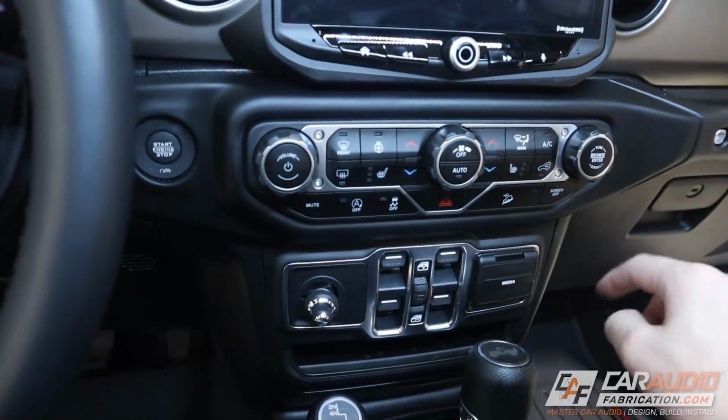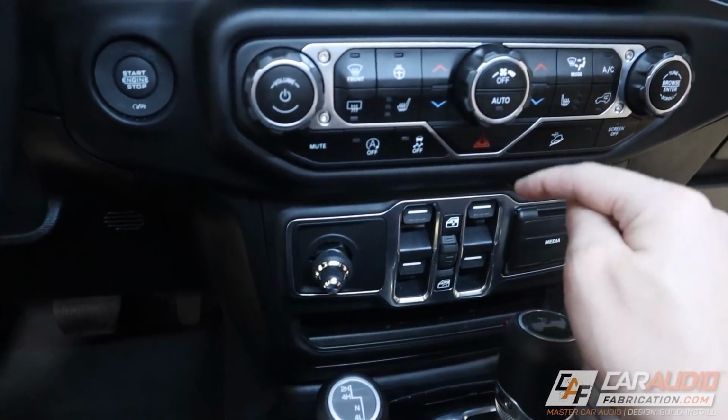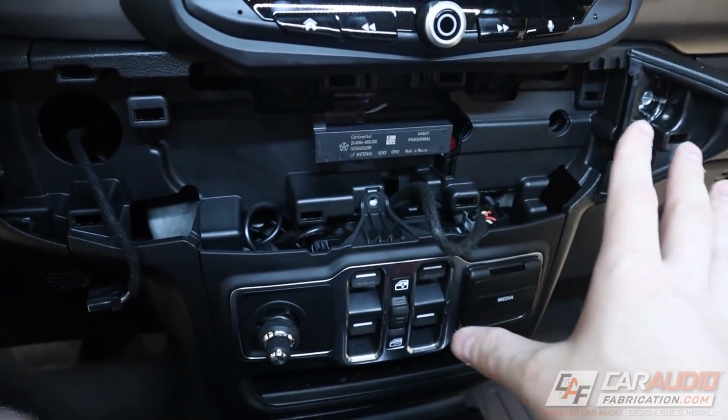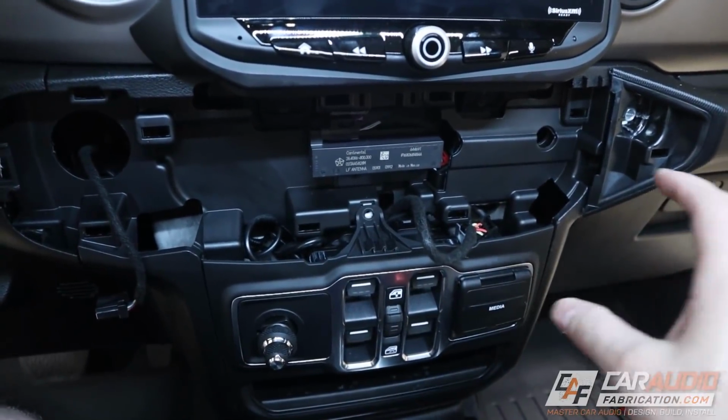So I'm going to get these panels pulled back off so that I can take out this panel here and do my measuring as needed for the design process. Doing this is something that we could do in any vehicle, so stay with me even if you don't have a Wrangler. But if you do have a Wrangler, just to give you guys a little bit of information,